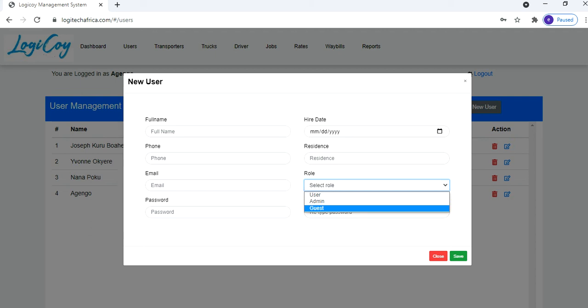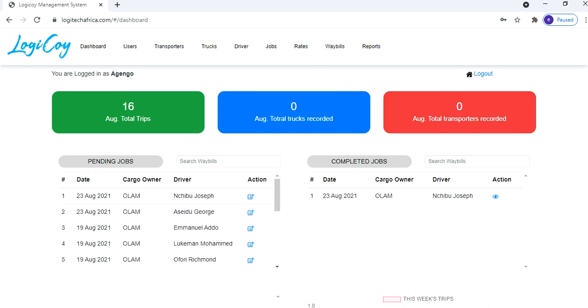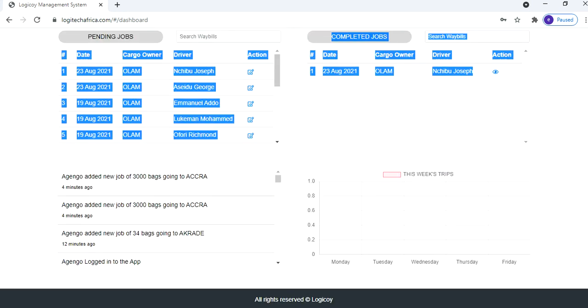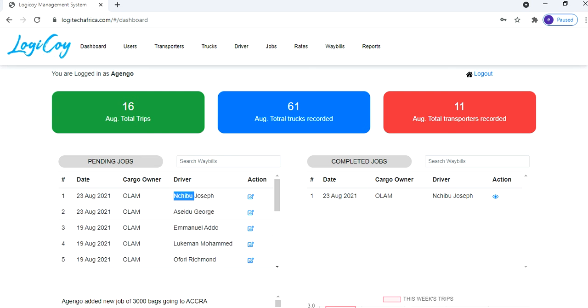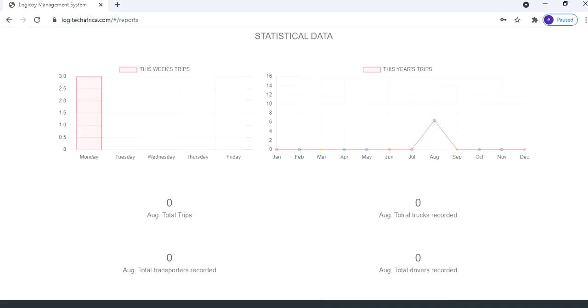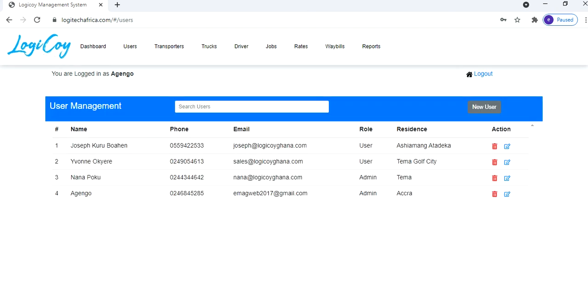Let me talk briefly about the guest role. What the guest role does is, once a user is assigned a guest role, it means that user can only access these summaries or statistics. They can't access this part of the application, but they can access this part. Do you understand? But they can't access the middle part, and they can also access the reports part of the application. So these are the two pages a guest can access. Also, a user, if